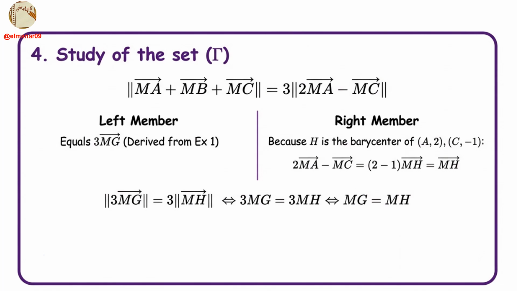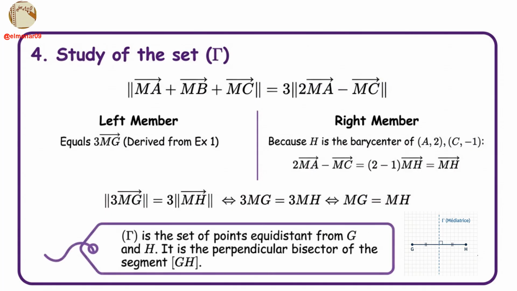What does it mean mathematically that the distance between M and G is always equal to the distance between M and H? That is exactly what the little diagram in the bottom right shows us. If point M must remain equidistant from 2 fixed points G and H, then it has no choice but to move along a very specific line. This set gamma is the perpendicular bisector of segment GH. Do you see that blue dashed line on the graph? That is the solution to our puzzle. Perfectly